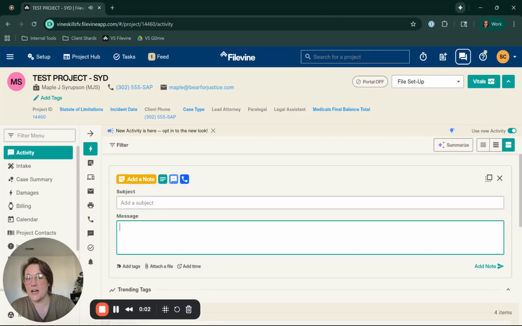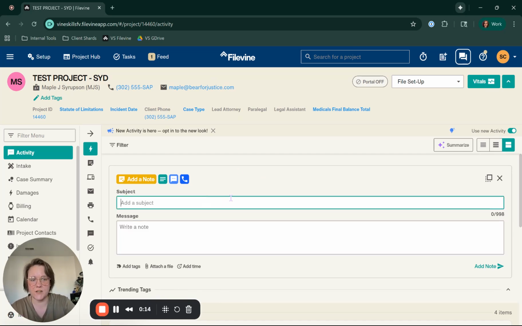Because the activity feed has updated recently, I wanted to show you how it's going to function. Obviously very similar to how it was functioning before, but there are some differences that might help you. So adding a note really hasn't changed, except we've added a subject line. The nice thing about this is if you add one